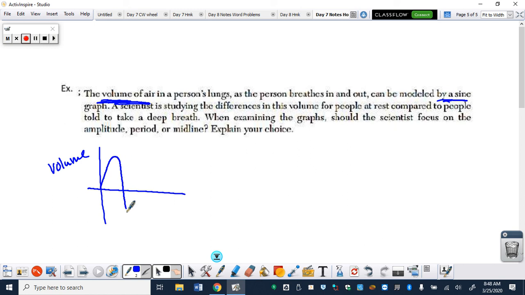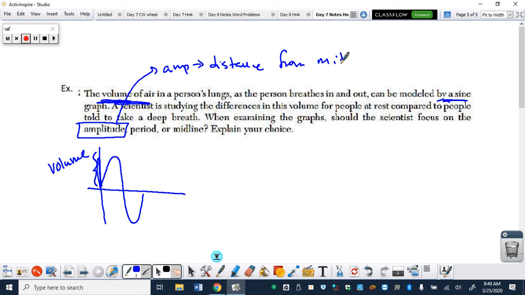So here's your sine curve. So we're measuring that distance. So which one of those 3? Is it the amplitude, the period, or the midline that measures this distance? Well, hopefully you're saying amplitude. Amplitude measures the distance from the midline. So amplitude is the distance